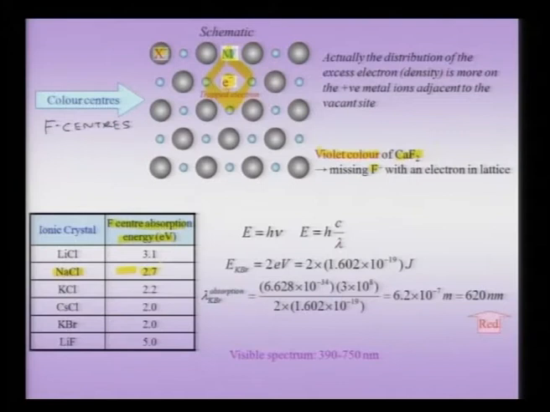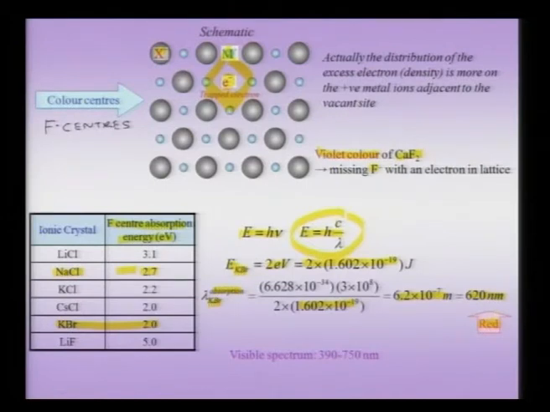Now, let me make a calculation for the example of potassium bromide, which has an absorption level of about 2 electron volt. So, I can see that E equal to h nu, that means E equal to h c by lambda. E the absorption is 2 electron volt, which I have to convert into joules by multiplication by the charge of an electron. The lambda of absorption of KBr I can write down from this equation as h c divided by E, and this is 2 into the conversion factor for electron volt to joules, which comes out to be about 6.2 times 10 to the power minus 7 meters, which is about 620 nanometers, which is in the red region of